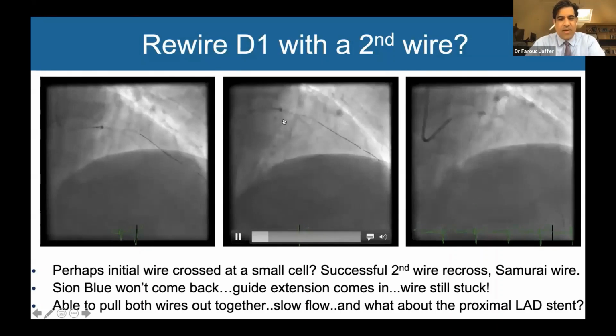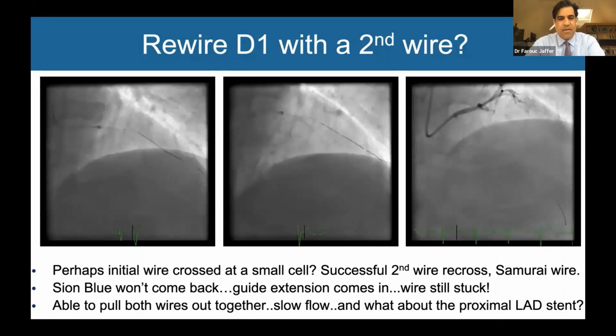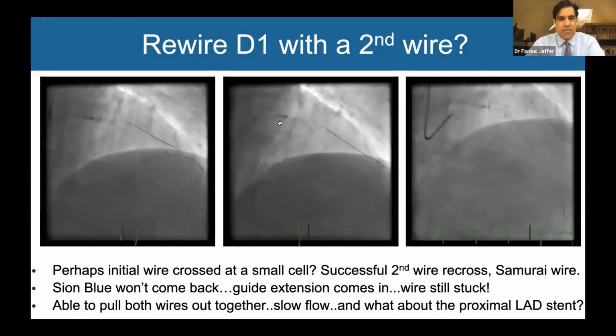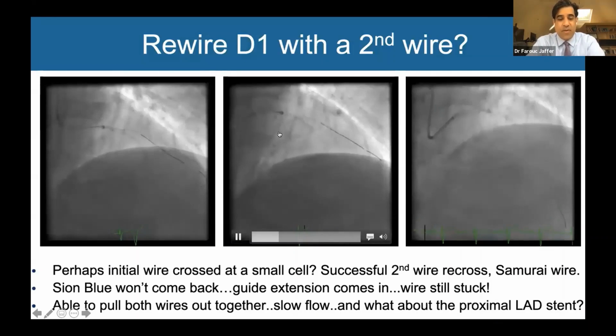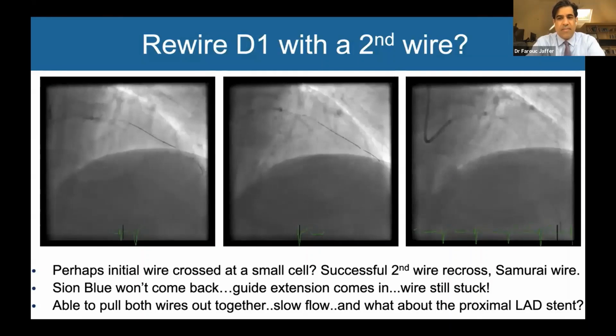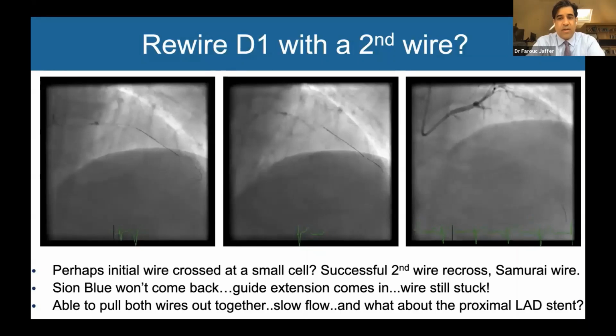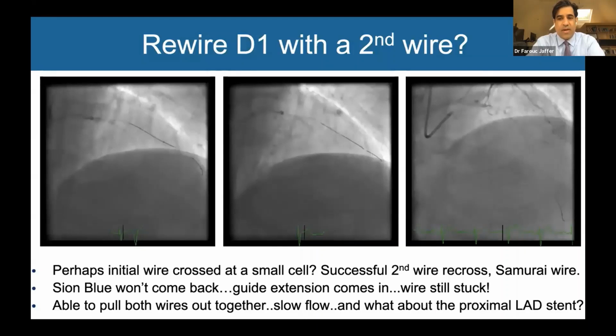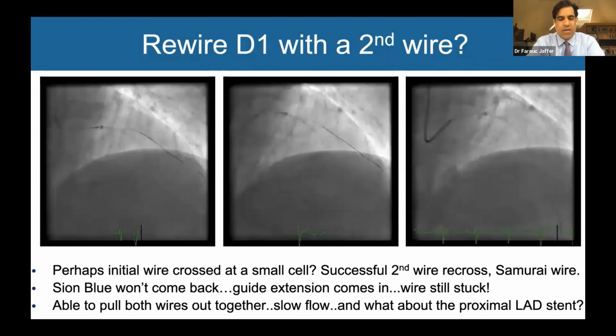So this is something that is very concerning for stents being deformed. We ultimately had to pull back both wires in order to get the first wire out, and we were able to do that. And the flow down the diagonal now has markedly